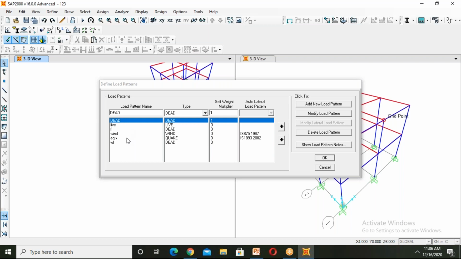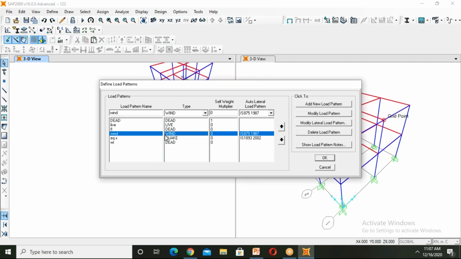The properties of wind load and earthquake load will depend upon our building structure, where it is located, which terrain it is located in, and the topography of the building. All these parameters will be taken into account while we define wind load and earthquake load. So after defining wind load and earthquake load, we should modify based upon our structure references.